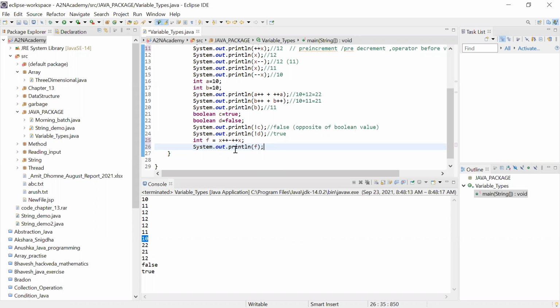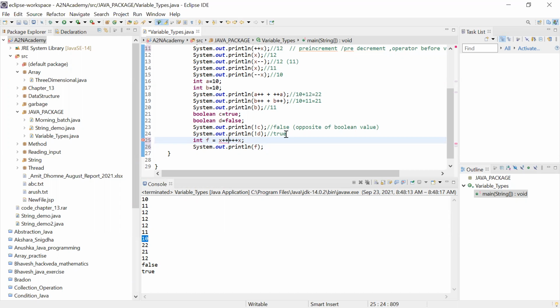Why will minus 2 come here? The x value here is 10, right? Then why is it minus 2? It is a post increment. It will use the value of x as 10, then increment the value of x to 11, and then you are going to pre-increment. So 10. Okay, sorry. Yeah, correct. I have taken minus; I should take plus here.